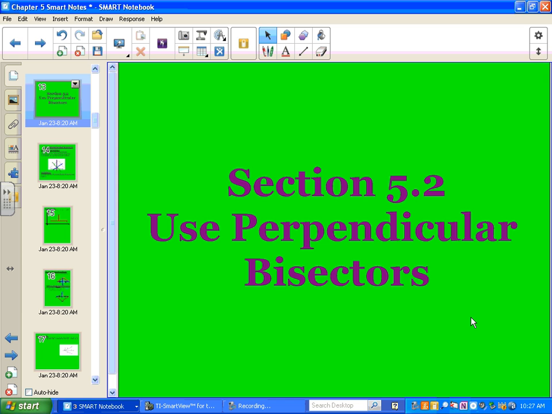What do we know about a perpendicular bisector? What else do we know about a perpendicular bisector? We studied this yesterday. We proved this yesterday. Sarah? Very good. Any point on a perpendicular bisector will be equidistant to the endpoints of the segment of which it